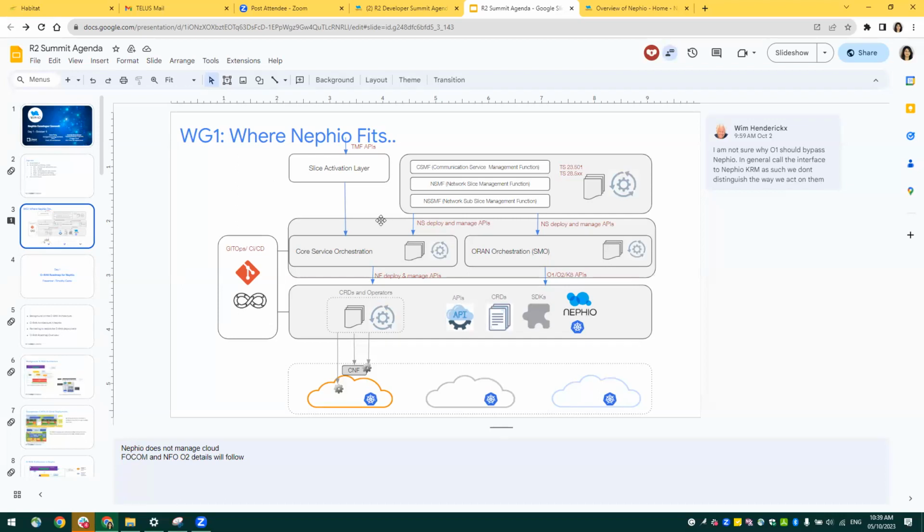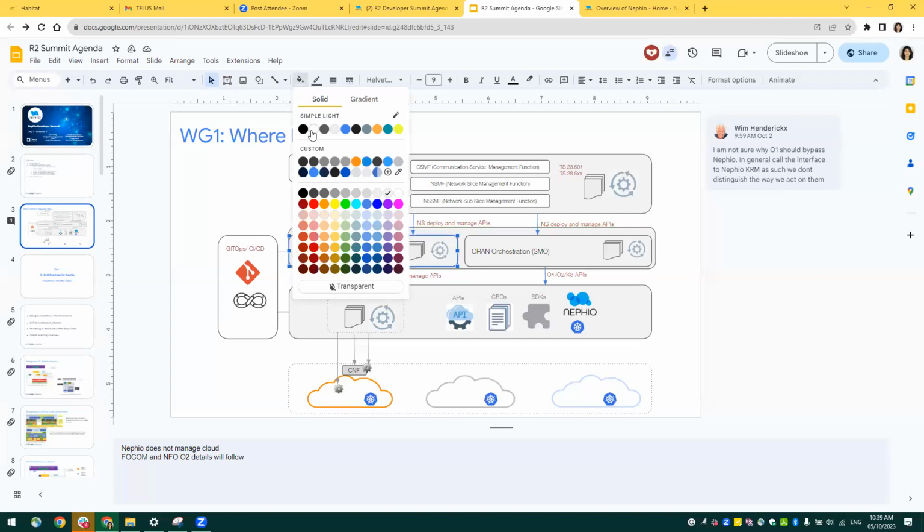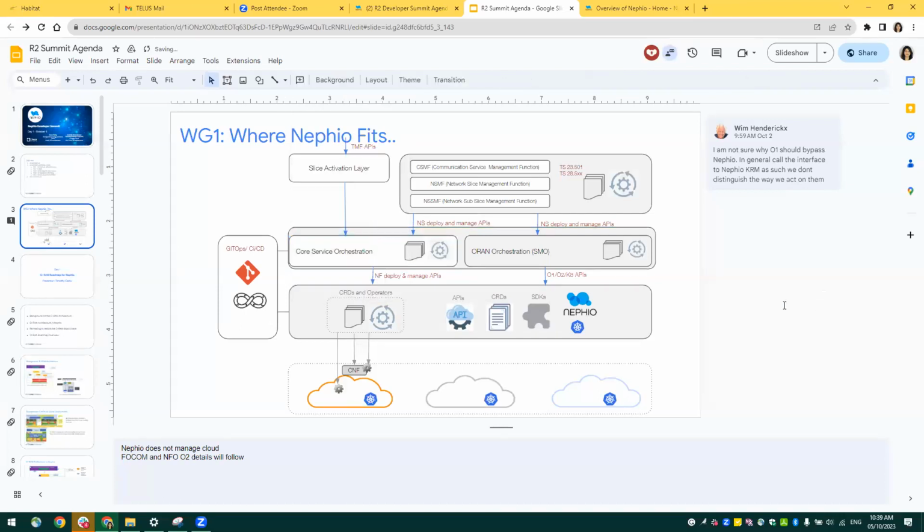Here's what I think often happens in these presentations. A lot of people don't listen to the words. They take photos of the diagrams and send them internally to their teams, saying, this is Nephio, right? So you present it one way, but as you can see, a lot of us here have specific comments about issues that we care about. People do make a big deal out of these diagrams, so they're always very risky to do, but there's just no choice here.